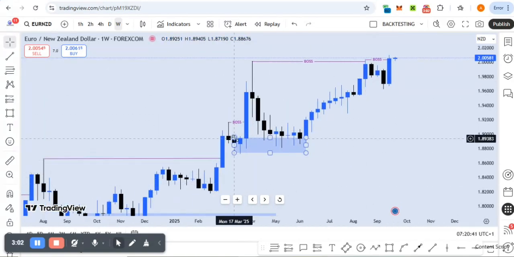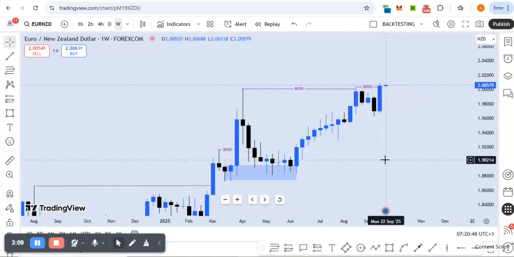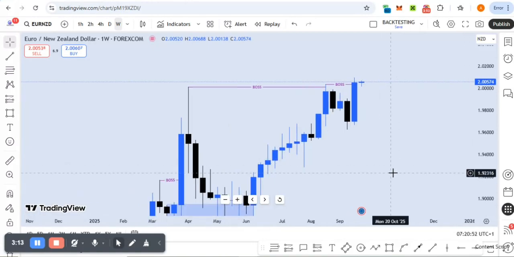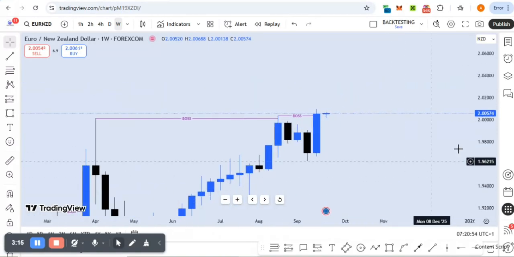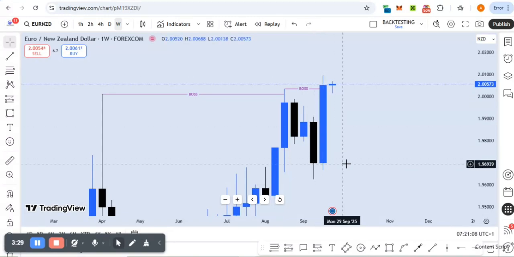And price returned to this break of structure and then broke another structure again. Although this was with a wick, it's a valid swing high, right? Although not a valid break of structure. So right now we can see that we have a new break of structure. When price got to this point, price retraced and then broke again. It shows the willingness of Euro NZD to continue soaring higher. So where should we position to enter this market?